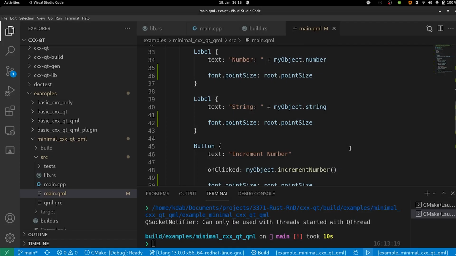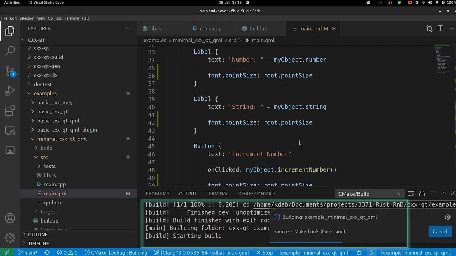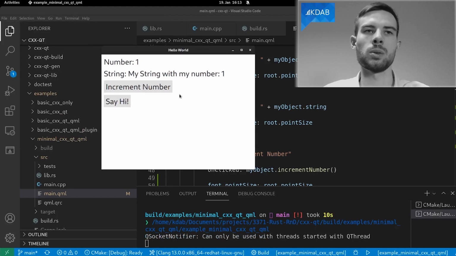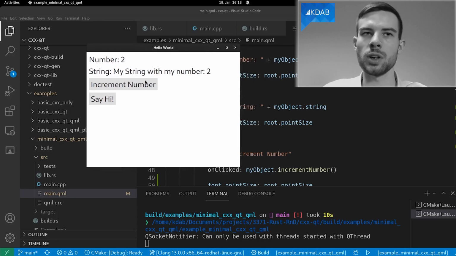Now that we have our example program, let's run this program. And after building this, we now get our number and our string. And we can, for example, increment the number, which is done in Rust, like we've defined it earlier.